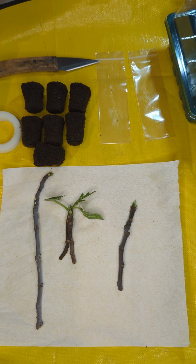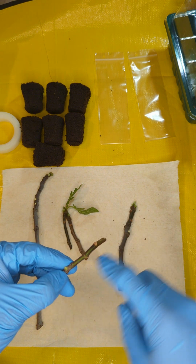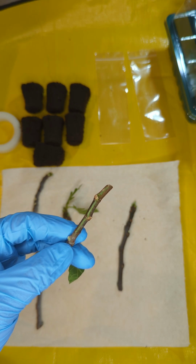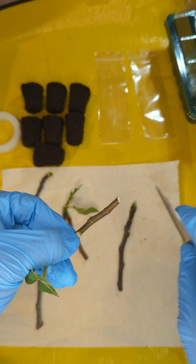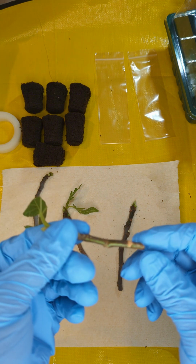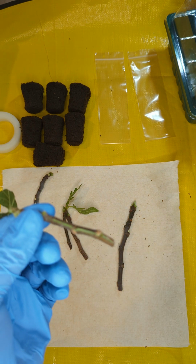So for this, I take a blade and I do that. I expose the cambium layer. You do not want to take off the cambium layer because roots grow in the cambium layer. So I do it on one side, then I do it on the other side. So one thing I learned is that now that your cutting is wounded, you want to cover it as soon as possible so it doesn't catch any bacteria. So I do that